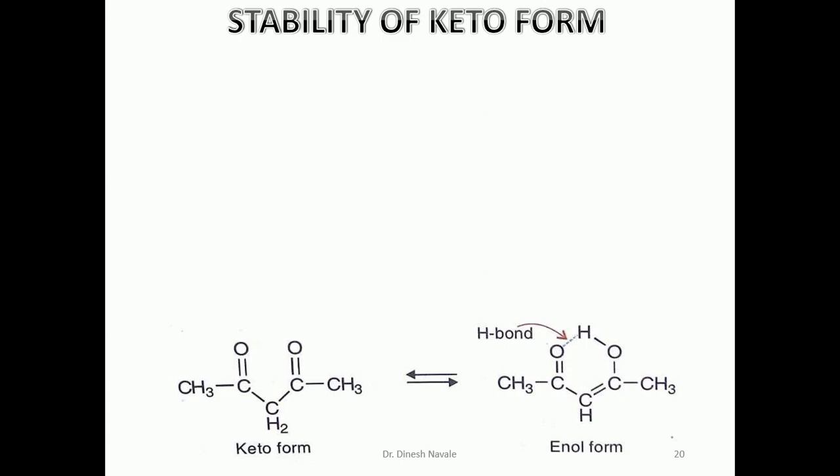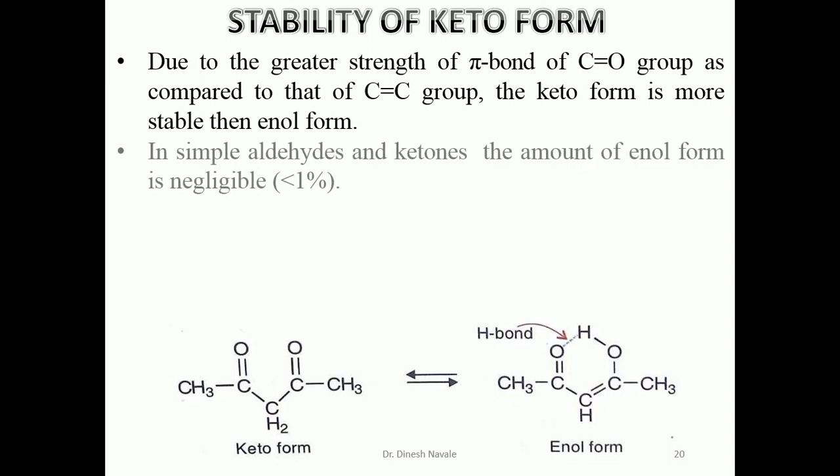Now, stability of the keto-enol. As we have discussed in one of the slides, if there is a 1,3-dicarbonyl compound, the enol which is going to be formed can easily stabilize by hydrogen bonding, making a 6-member cyclic complex. This hydrogen bond is responsible for the stability of the enol, and this will be responsible for the greater content of the enol in the equilibrium.